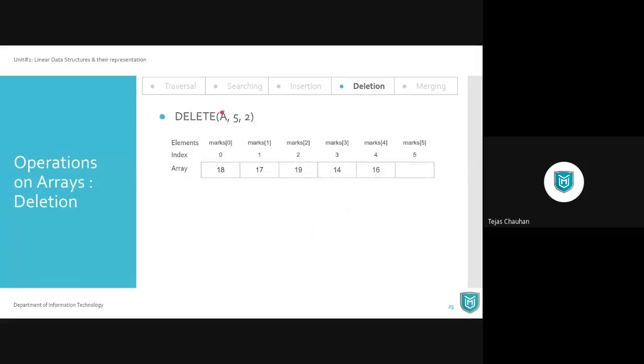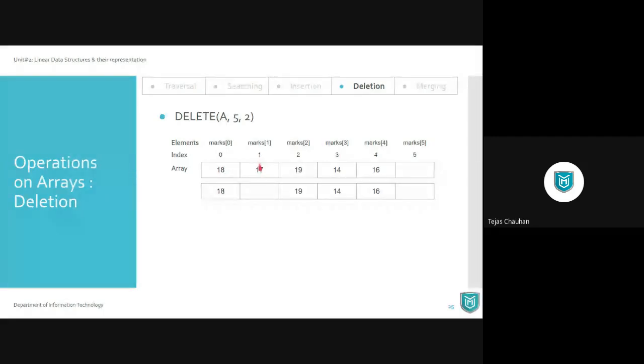So let's say this array A is given to you, which is having upper bound 5, which means there are 5 values, and you want to delete the second value. Okay, now in that case what you do is you simply delete that second position value.